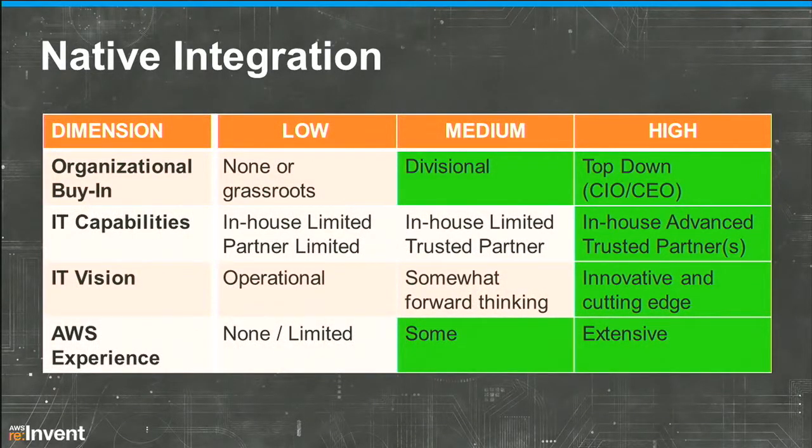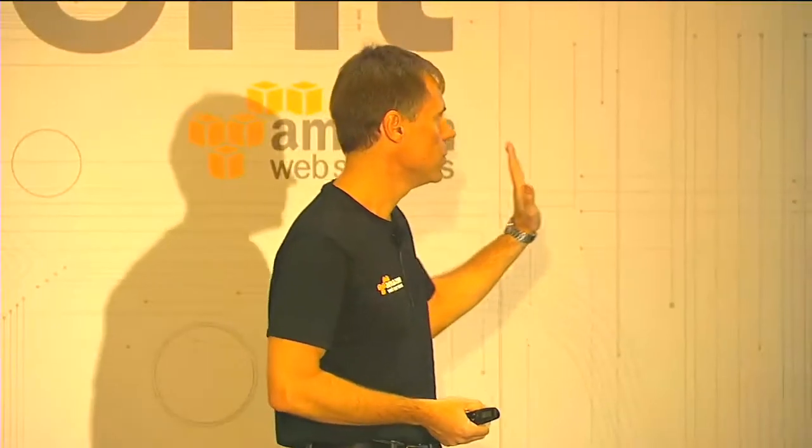So let's go back to our decision framework. When does native integration make the most sense? Probably makes the most sense when you have sophisticated in-house capability and already have some pretty good AWS experience. I think this is also a pretty cutting-edge and innovative model. Now, I'm not saying that you shouldn't consider this strategy if you're not in the green area, but you might want to think twice about it, and you might want to think about moving your organization in that direction if this is the strategy that you'd be interested in pursuing.